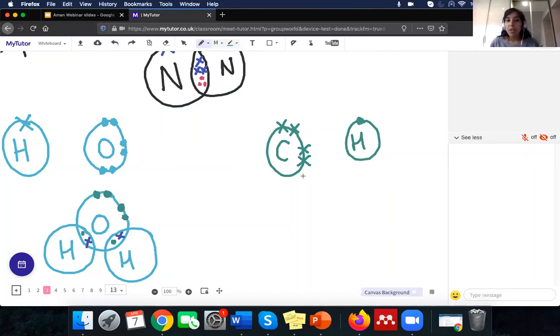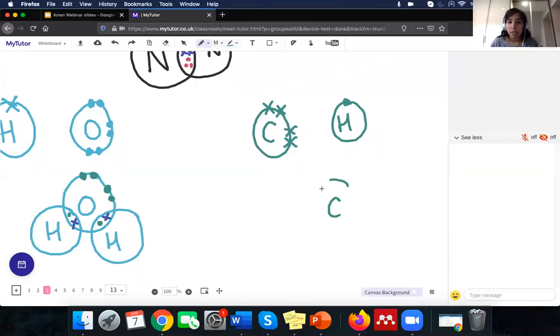So carbon needs 4 to make a full outer shell of 8 electrons. So remember, the second shell can have a total of 8. So to make that whole capacity, we need 4 electrons, whereas hydrogen only has 1 that it can share. So that means we need to have 4 hydrogens bonded to carbon in order to make the 8 electrons that carbon needs. So to do that, again, like a Venn diagram,